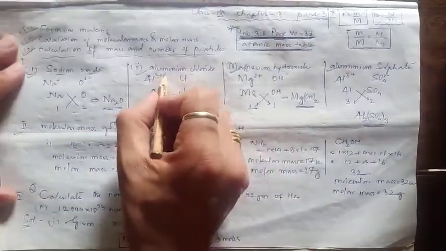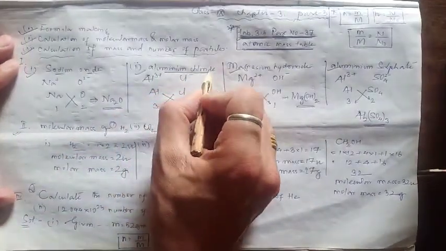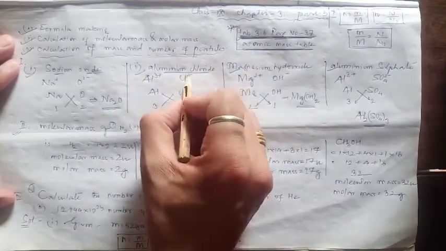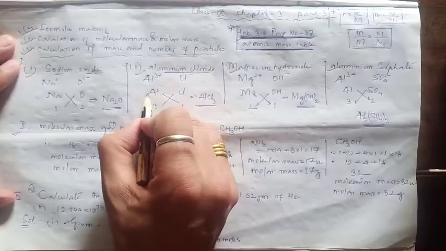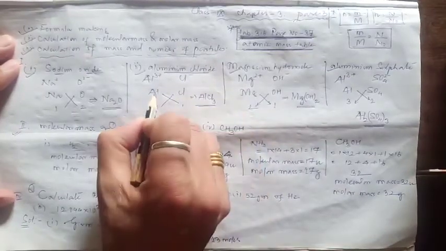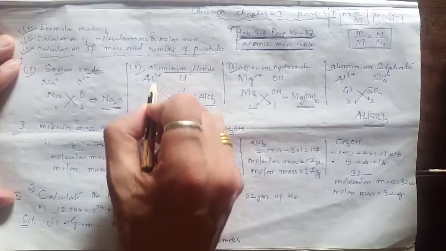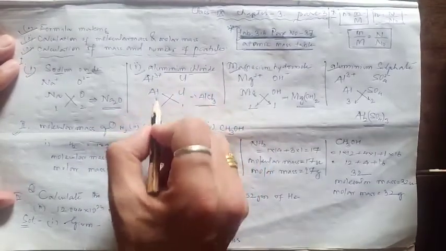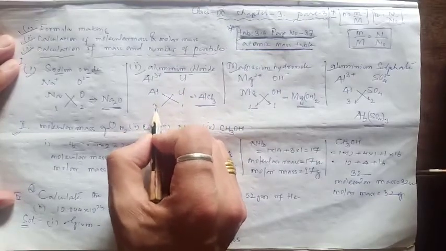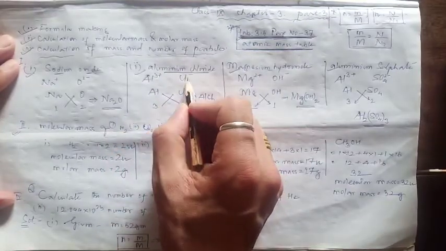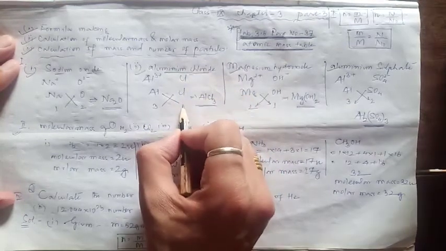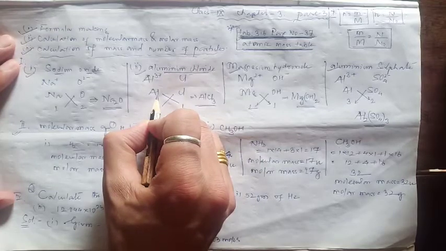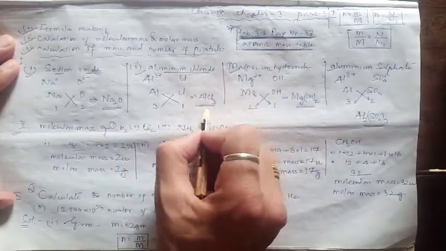Similarly, suppose I want to make the aluminum chloride formula. The name itself says aluminum and chloride. So first we'll write the aluminum ion, Al3+, and the chloride ion, Cl-. Now we'll write the neutral atoms aluminum and chlorine, and we'll write the charge carried by the ions. Aluminum carries a +3 charge, so we'll write 3, and chlorine carries a 1 unit negative charge, so we'll write 1. Now cross over: this 1 will be written with the aluminum and this 3 with the chlorine. So we'll get the formula AlCl3.